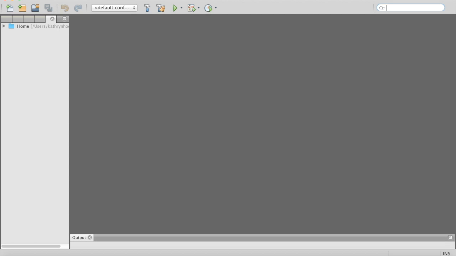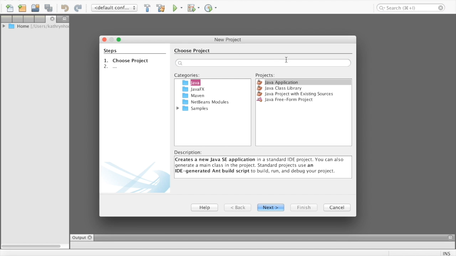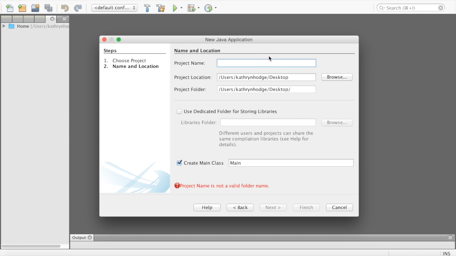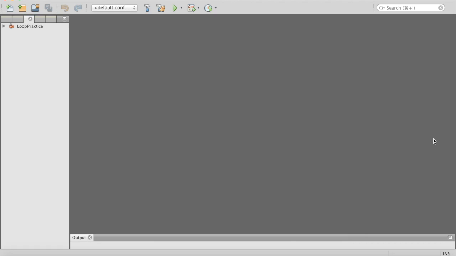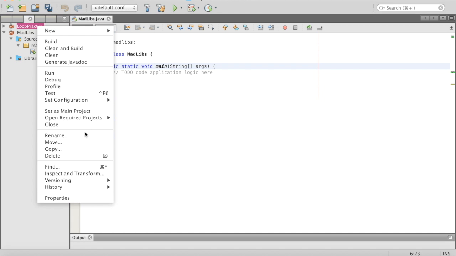The first thing you're going to do is File, New Project, and we are going to be doing a Java application per usual. Then we are going to call this Mad Libs. I'm going to put it on my desktop. We'll finish it up here. It's going to load. And we're not going to need our loop practice, so we can go ahead and control-click,